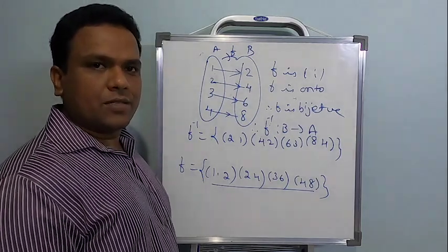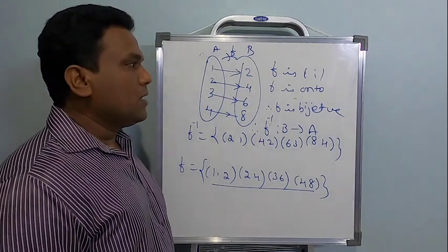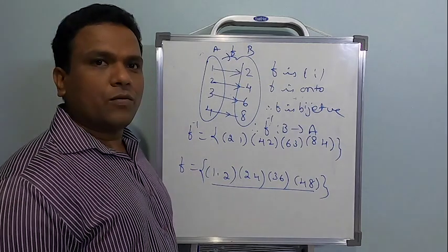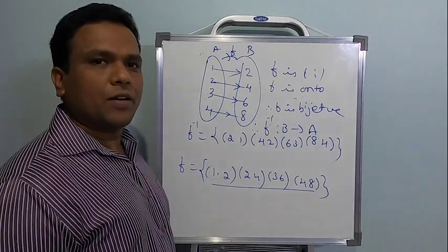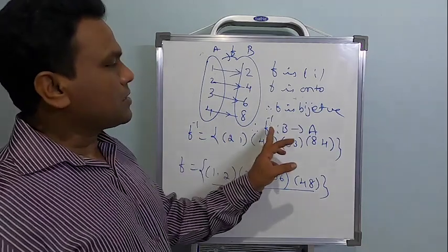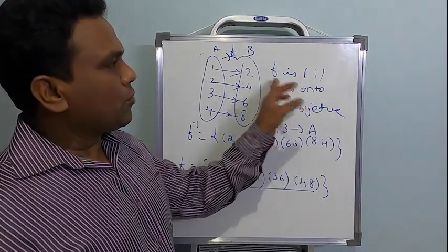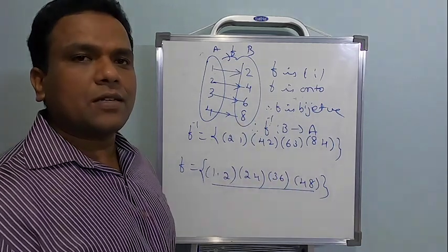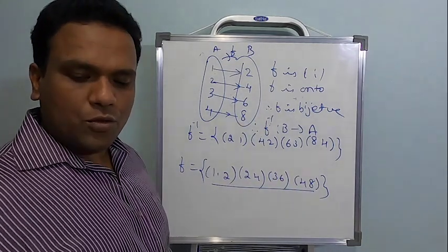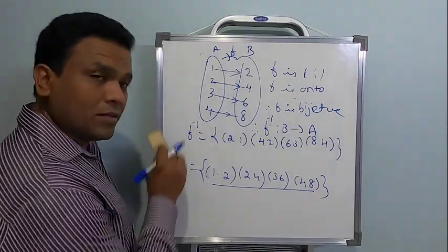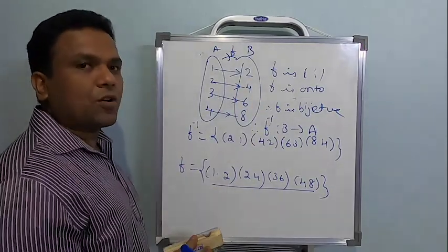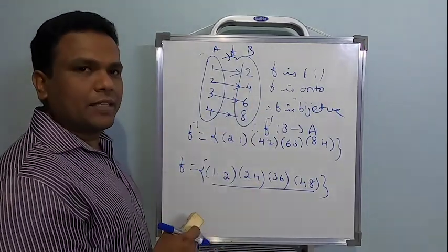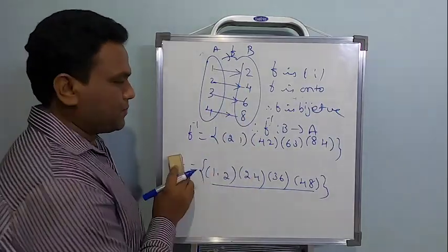So inverse will exist. What if it fails any one of the conditions, one-one or onto? Definitely you cannot find the inverse, because the inverse of a function is simply obtained by interchanging the domain and codomain of the given function. So inverse will exist if the given function is bijective. Right? So this is one problem to understand the concept of whether inverse will exist or not, and if so, how to find the inverse. This is by using numbers.